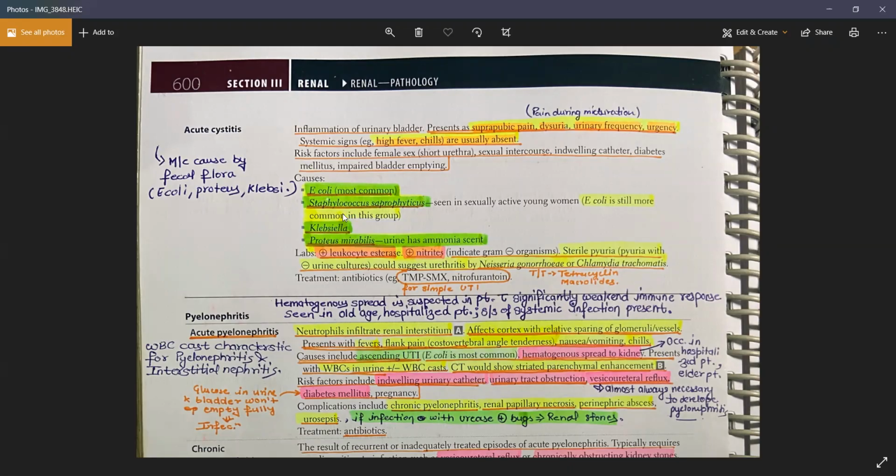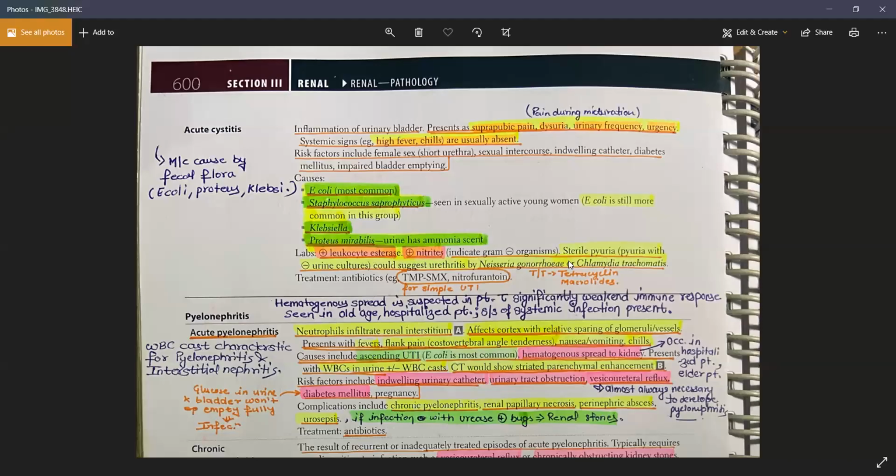Again, you will also have leukocyte esterase positive. That means you have activity of neutrophils in your urine. And you will call it sterile pyuria whenever you have all the signs and symptoms of infection in the patient, with nitrite positive and leukocyte esterase positive, but when you perform the urine culture, you get a negative urine culture. You cannot see anything on the microscopy. A pyuria with a negative urine culture, you call it a sterile pyuria.